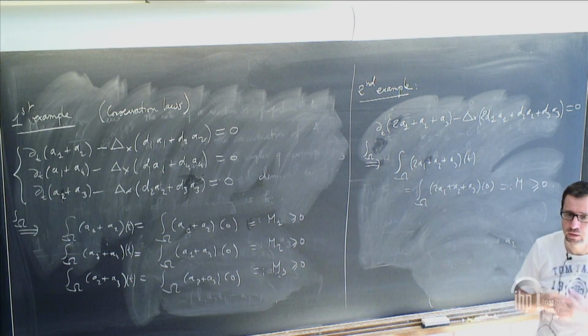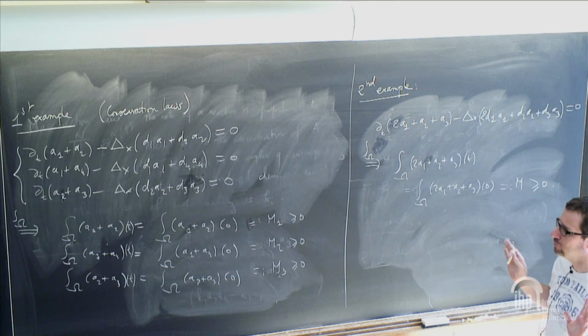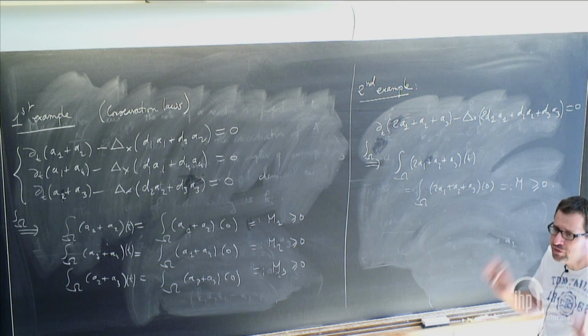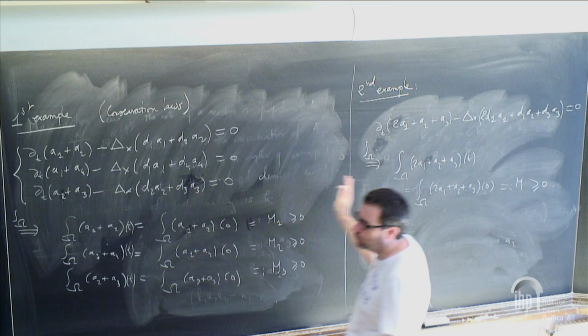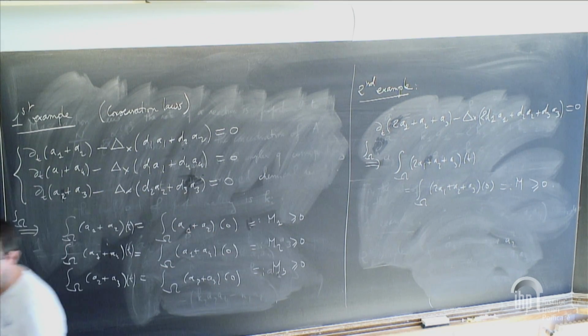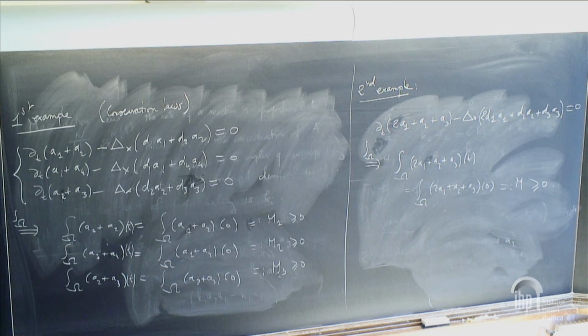Okay? So at this point, we have the complete elementary theory of the system. That is, this is something that can be, in some sense, extended to any kind of systems of this form. We have that non-negativity is preserved in the evolution, and we have a certain number of conservation laws. And when everything goes well, and it's not always the case,